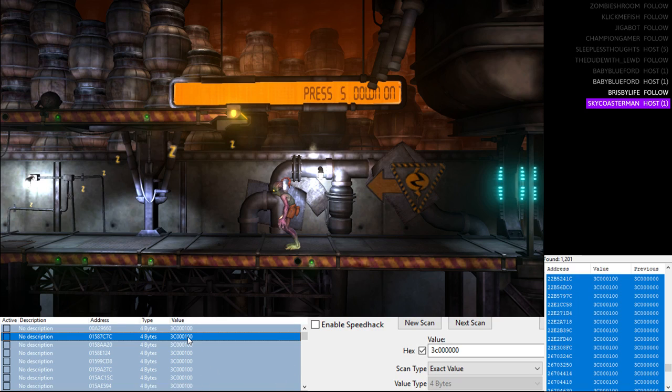I say 100, but it's 16 to the third power. I don't know my base 16, but we're just editing this value from 3C000 to 100 at the end. And now if we load the game again,